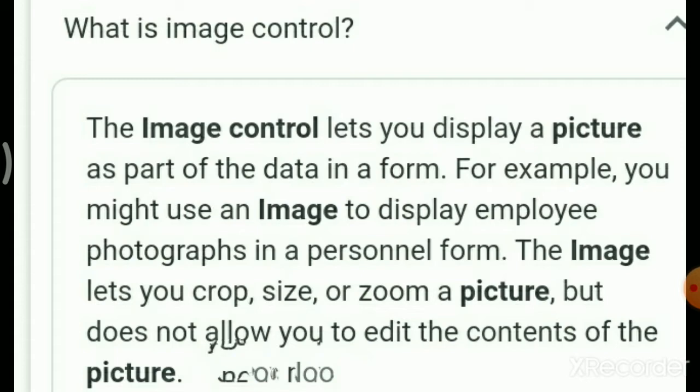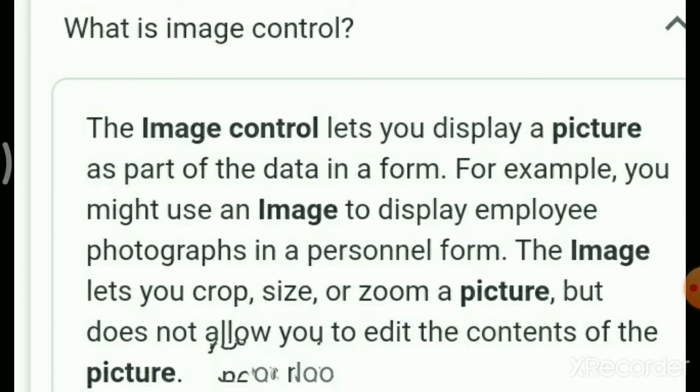All these controls are given in the properties window. For background, for giving a caption, for changing the font color, for inserting a picture, all the properties are given in the properties window. From there you have to select. So for image you have to select the picture size mode from the properties window.